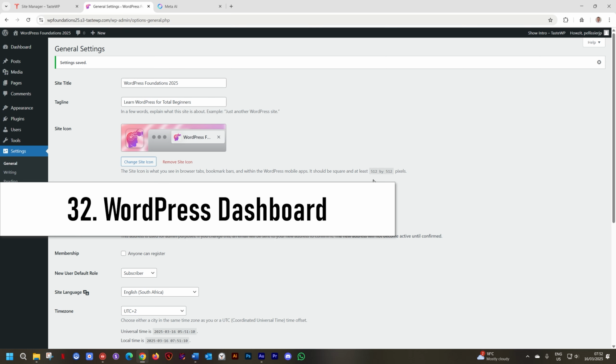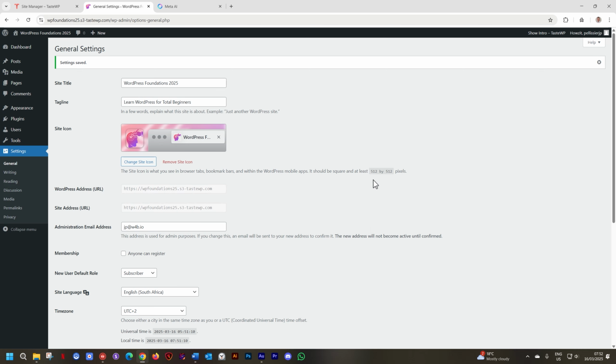When we work with WordPress, we use certain terminology all the time. And once I point this out to you, you're going to see how many professionals that are doing tutorials online make this same mistake all the time, but it is negligible. We don't care about it because it doesn't confuse us. And that is the word dashboard. When we are in WordPress and we look at the navigation sidebar on the left, at the very top, there is this option called